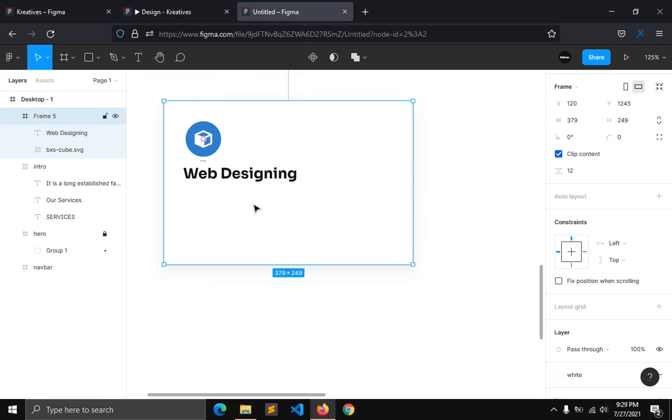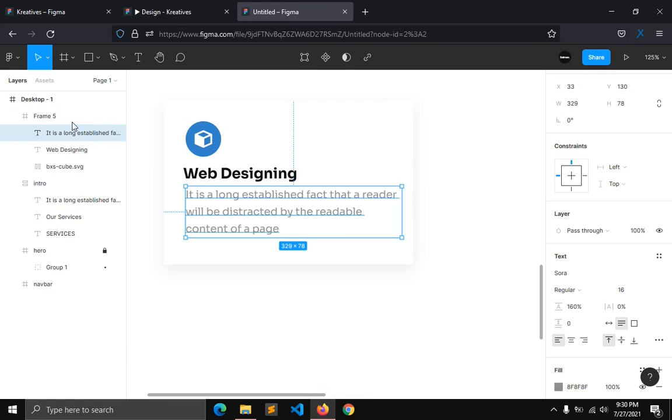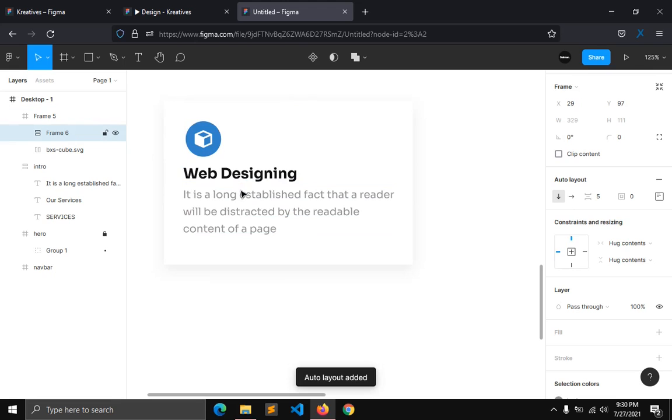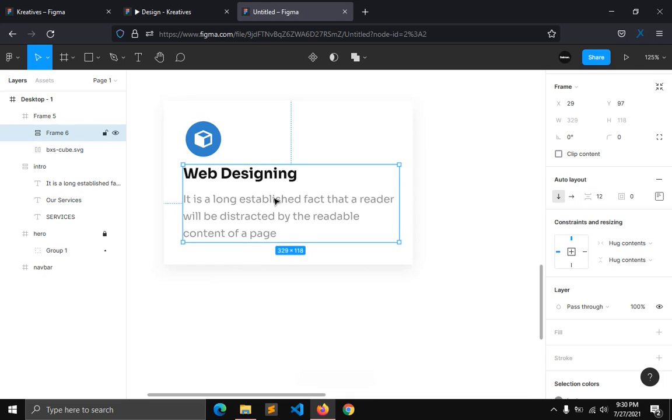I'm gonna paste it inside this frame. I'm gonna select the heading text and the paragraph, make it auto layout. The space is going to be 12. Okay,